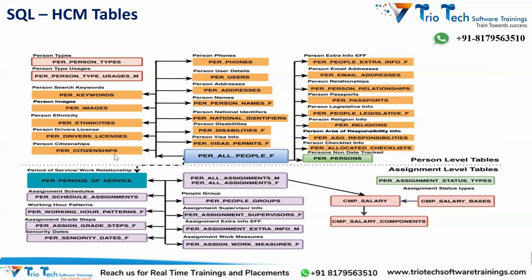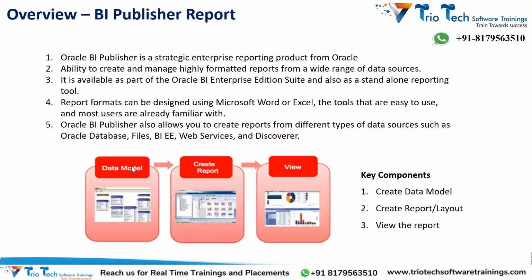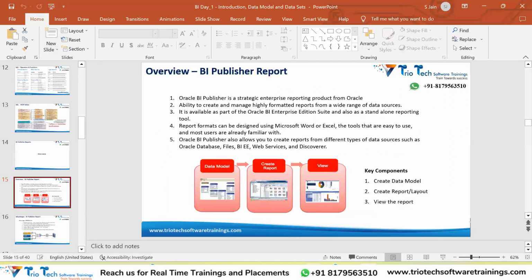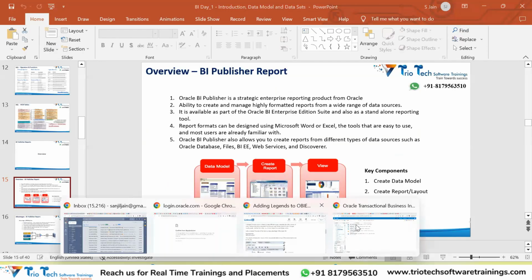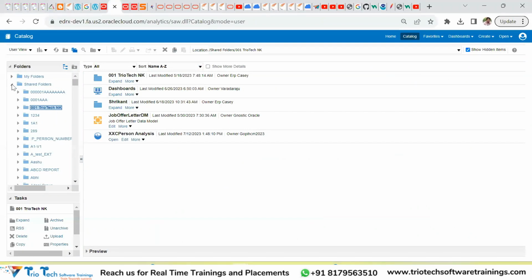Okay. This is the small slide that I have kept to list down all the major tables related to the screen that we have demonstrated. Once you start practicing updating the data, you can correlate running the queries and see that the data is being reflected under these particular tables. National identifier, person name, person address, person phones, passport details, and all these will be available. So, to come back to this particular thing,